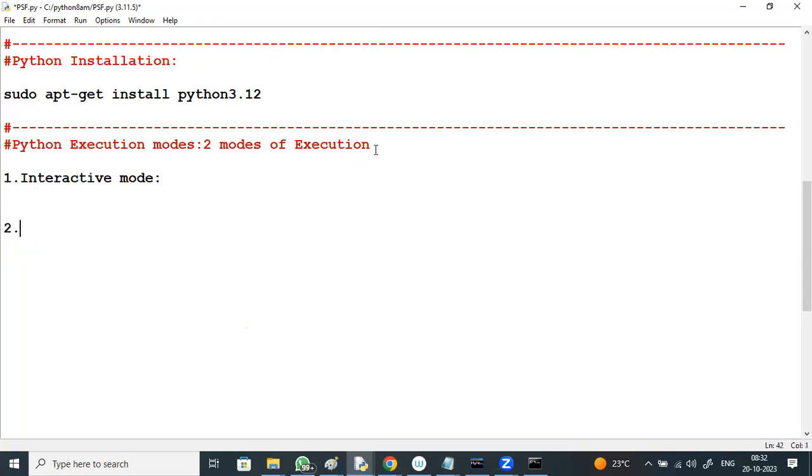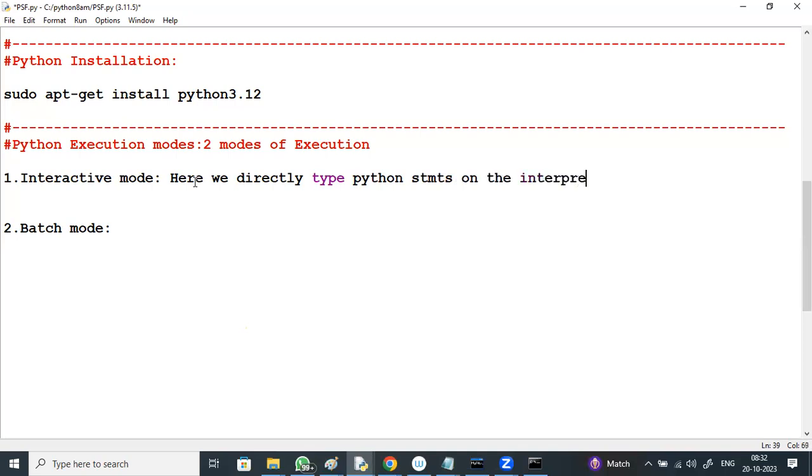We can easily interact with Python statement by statement. For every statement, it gives a response. In interactive mode, we directly type Python statements on the interpreter.